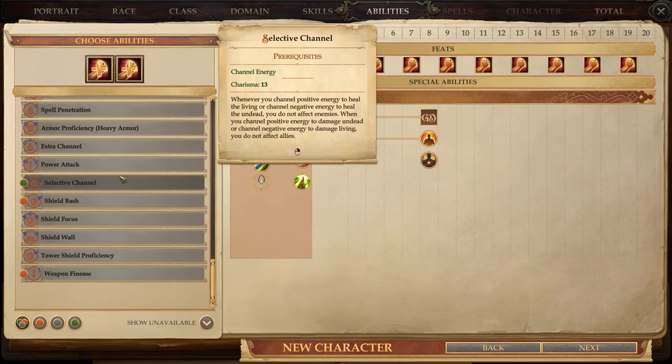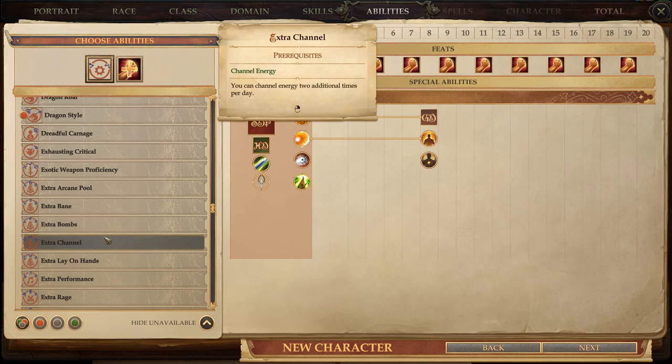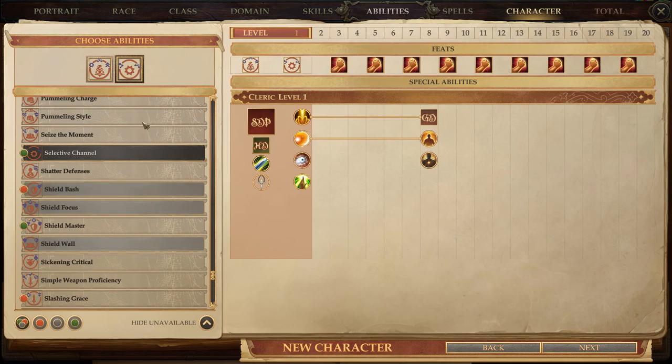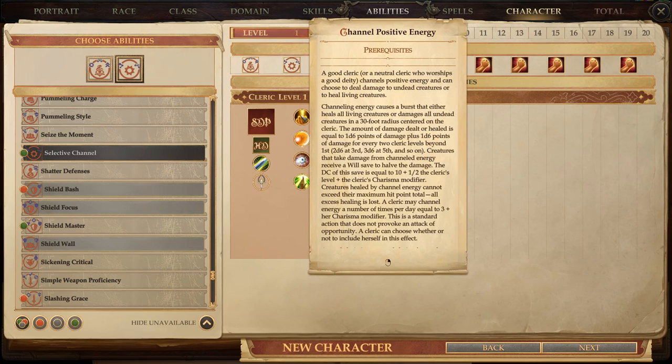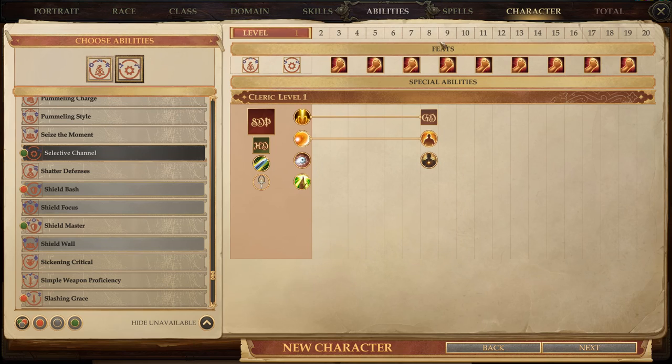Selective channel, though, I would say is definitely one that we want, because this way we can choose not to heal other people, and so we can heal during combat, which is very, very useful. And the other feat that we're going to go with, and this is debatable whether or not you want to do this, but this is going to be a type of Cleric that more people are familiar with, the sort of Master of Healing type of Cleric. You'll also want to take extra channel to go along with the selective channeling, because that way you can choose who to pick when you're channeling your healing energy with your channel energy ability, and you get to do it 2 additional times per day, which with our